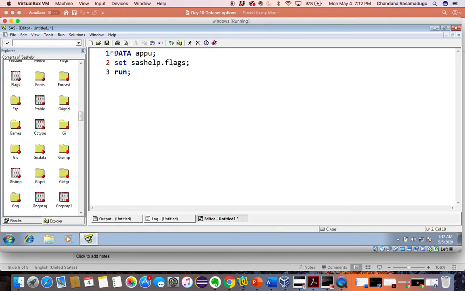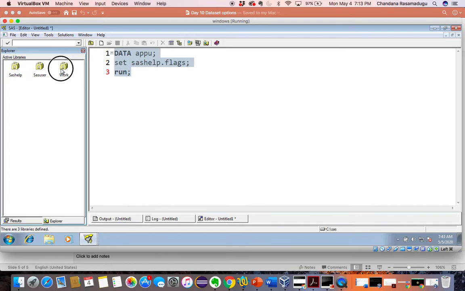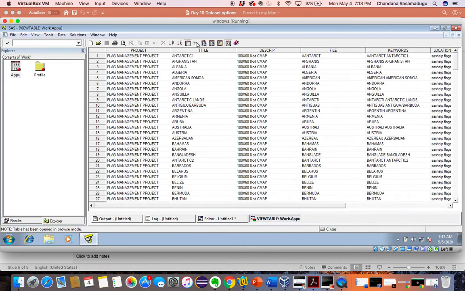Now I want to bring these flags into my work environment under the name Appu. Did I get Appu? What did I get? Flags. Is it clear now? Yes, ma'am. Clear.